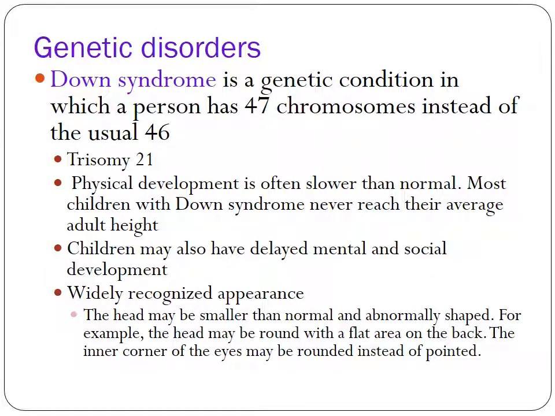I told you guys at the onset of this that genetics, especially that idea of 46, 23 from mom, 23 from dad, is a very important thing to remember. This is one of the genetic disorders that you must know. So Down syndrome, you have what's called trisomy 21. It's an extra chromosome, so instead of 46, there's going to be 47. This is going to be one of the leading causes of mental and social delay in children. Often we will diagnose later if they are unable to care for themselves, with low IQs. We'll say that this is a diagnosable form of mental retardation.